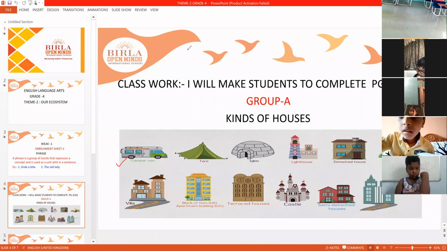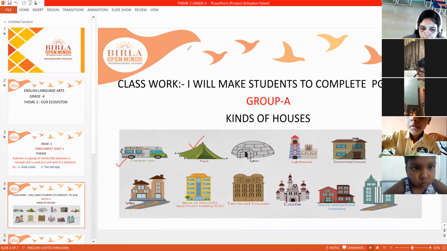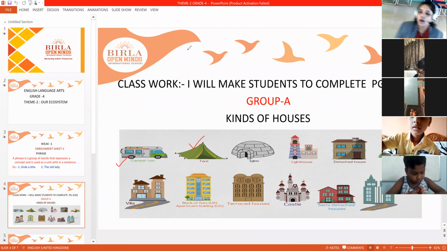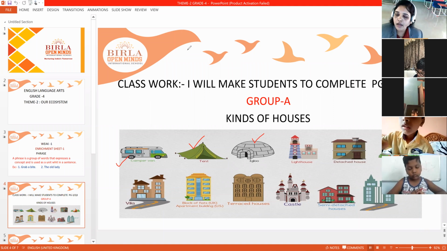Next, tent. Tent is a temporary house. It is a temporary house when we go for a picnic or when we go out for a camp. We use this type of tents. Igloo. These are built in icy lands, very cool areas.